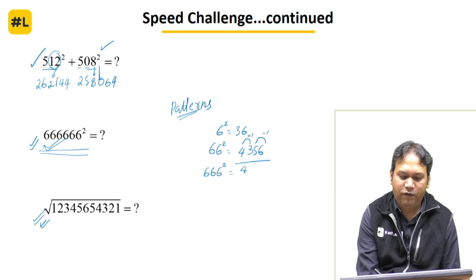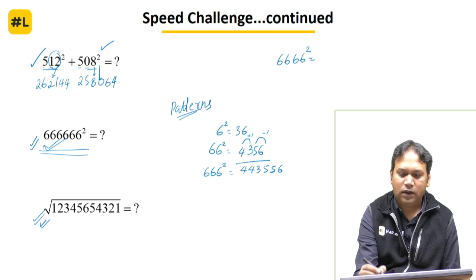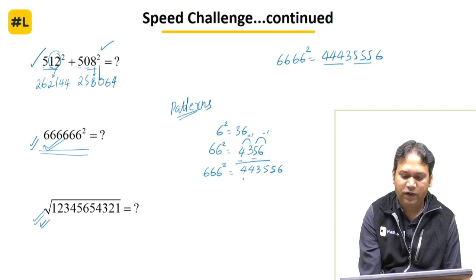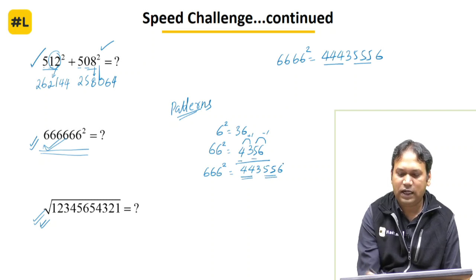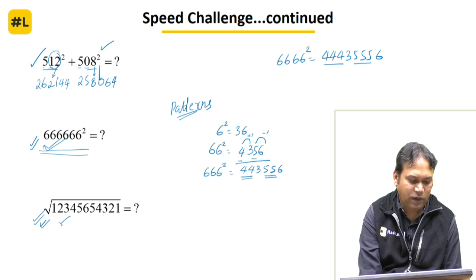Continue with this again, 666 square. So, it will become 4, 4, 3, 5, 5, 6. If I have 4 times 6, so it will become 4, 4, 4, 3, 5, 5, 5, 6. Just look at the number of 4s and 5s, how it is increasing here. 1 four, 1 five, 2 fours, 2 fives. That will get you the answer. For this question, very quickly,